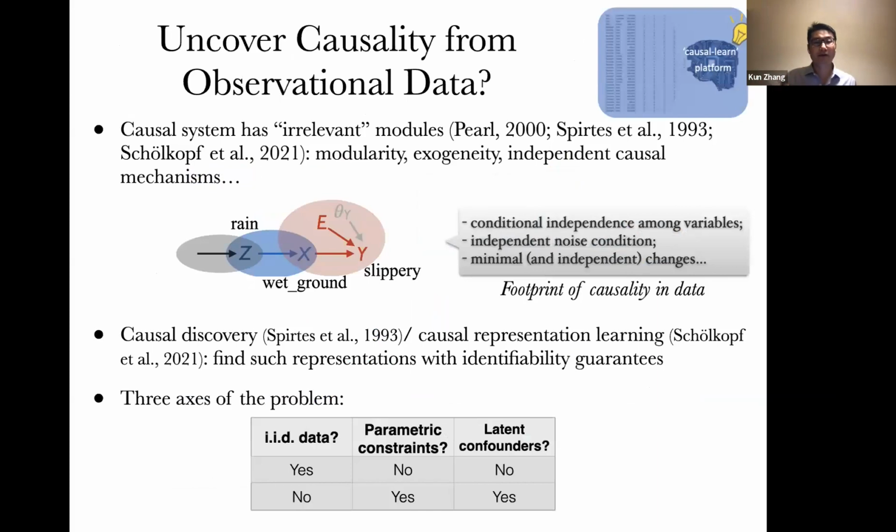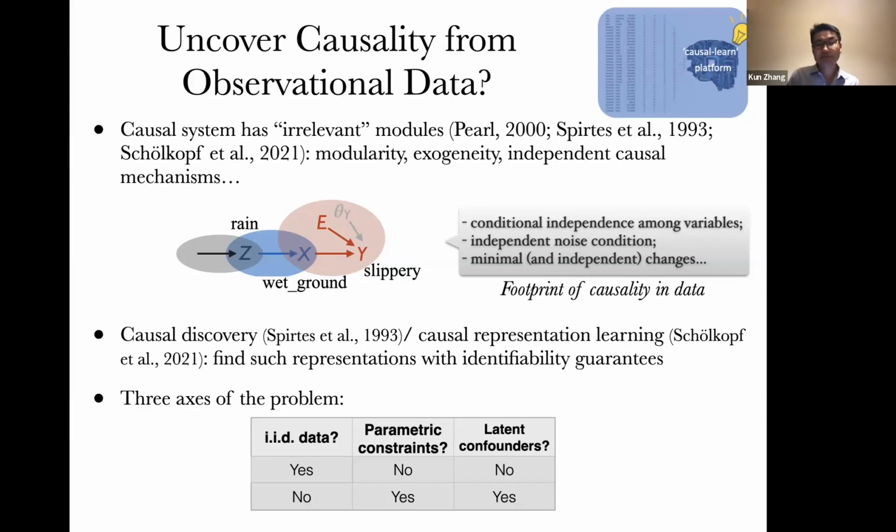Okay, so now how can we discover causality from observational data? Generally speaking, this is an inverse problem, right? I have a causal structure, a causal model, in the hidden world; I cannot see it. I only observe data that was generated by the model. Now I want to recover information about the underlying causal model. How can we achieve that? First of all, in order to solve this problem, we have to understand the footprint of causality in the data, because without any information in the data that reflects causality, we cannot recover causality at all.